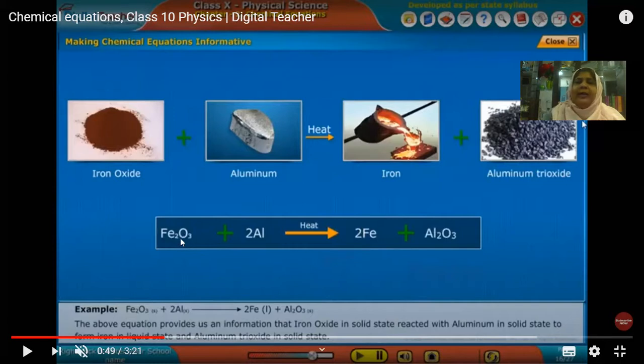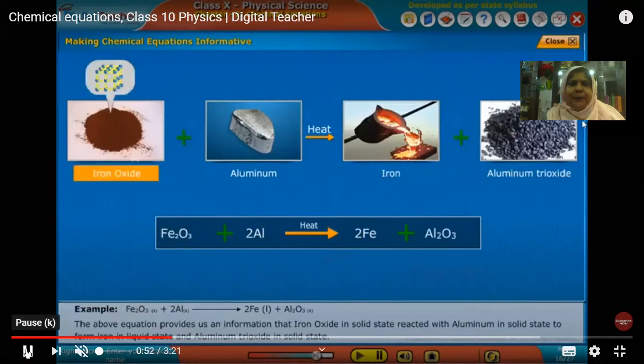Then though it has this oxygen, when heating it, the oxygen moves from iron and combines with aluminum, because aluminum has a high tendency. When we look into the periodic table, you will understand that these are the metals which have a high tendency of combining with oxygen. So this has combined with the oxygen, giving rise to aluminum trioxide: aluminum, two molecules, and three molecules of oxygen. So we see that in our reactants as well as in the products, we have an equal number of molecules. This shows that it's a balanced equation.